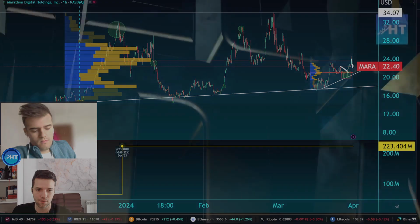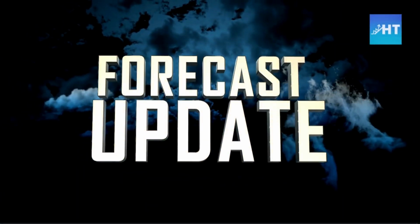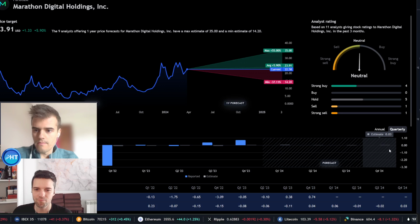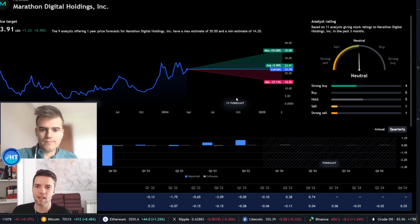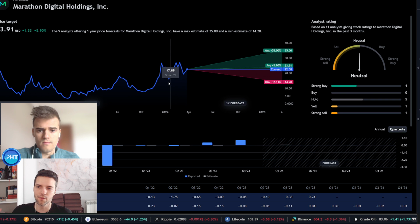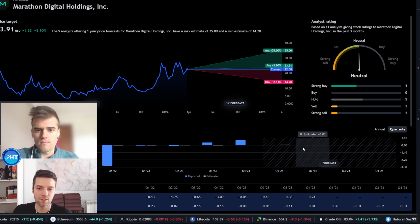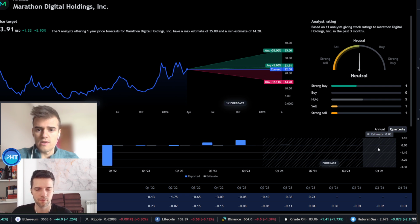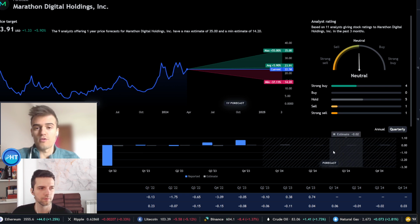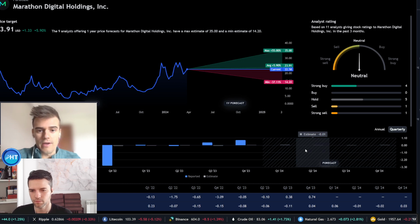So you can clearly see right here, if we go to the forecast, that the estimates that we have are kind of mixed opinions. And that is something that you need to consider, because right now the stock experienced a huge uptrend, but the estimate for the first quarter is good, but the next ones are not that good. Yeah, it's interesting to see that, but also that in this fourth quarter of 2023, we had like the